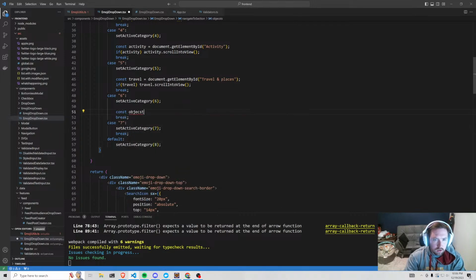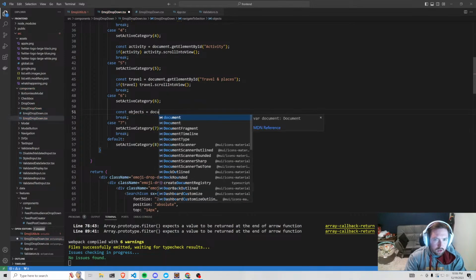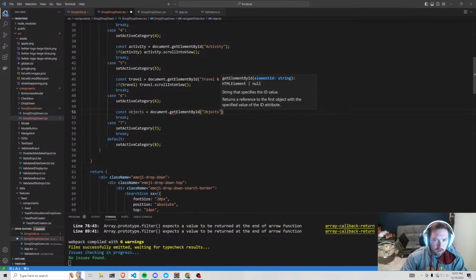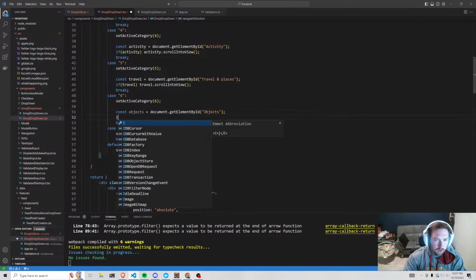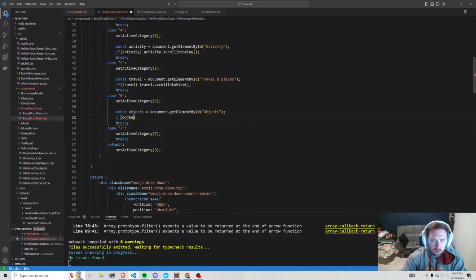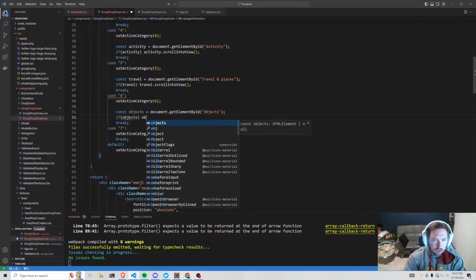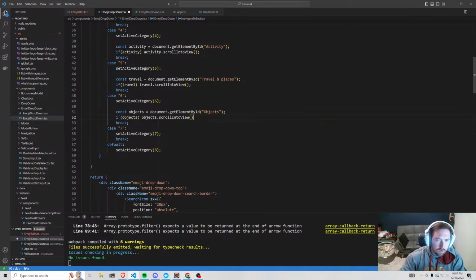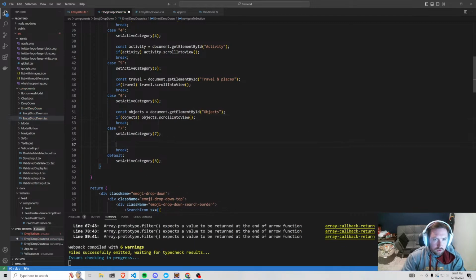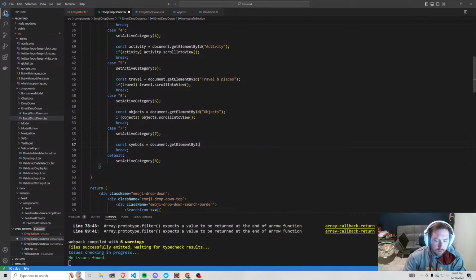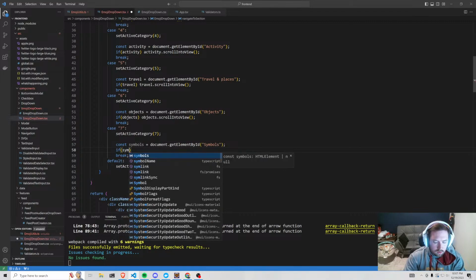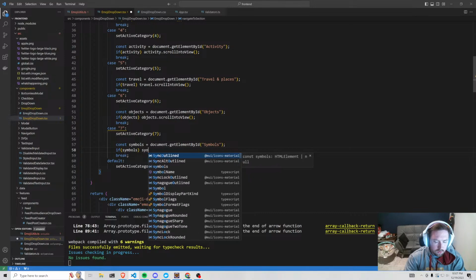const objects equal to document dot getElementById, get objects, and we'll say if objects exist, then objects dot scrollIntoView. After objects, we have symbols, so const symbols equal to document dot getElementById, get symbols, and my keyboard must be really touchy or something because it keeps double typing those, but symbols